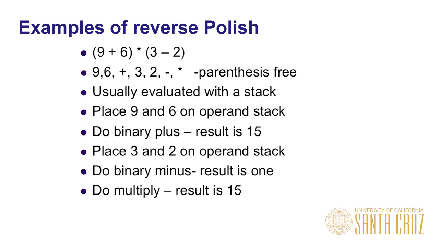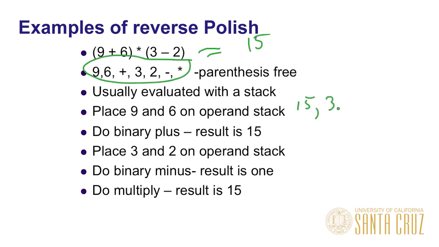So most of you should have some background in this, but if you're forgetting it or never had studied it, here's what we'd call ordinary notation. It would be 9 plus 6, 15, 3 minus 2, 1. So we would end up with it being equal to 15. And here's the equivalent of what's called reverse. So we have arguments, 9 and 6, and then binary plus comes along. And after 9 and 6 are on the operator stack, the result is 15. So at that point, it's reduced to 15,